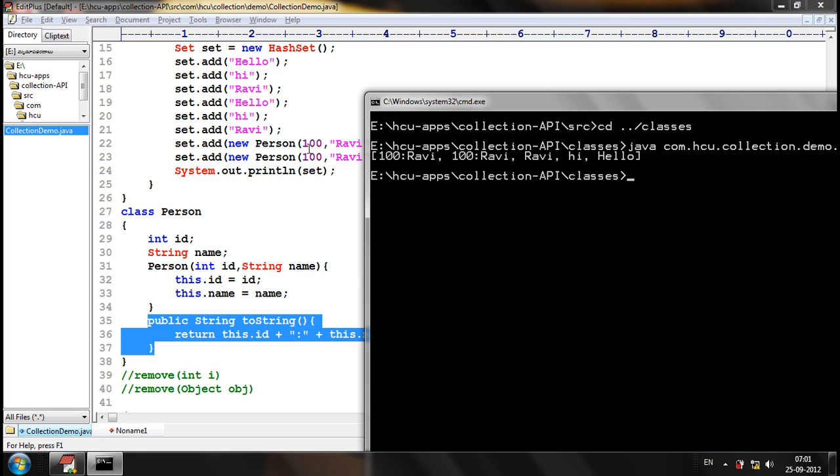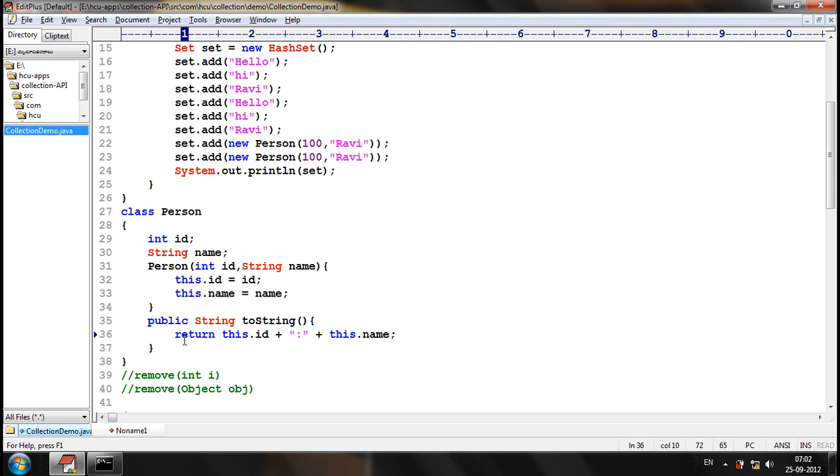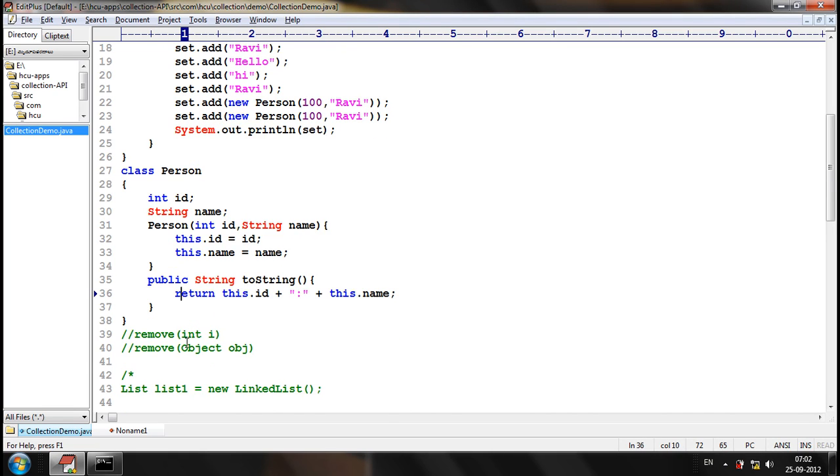But it's not the correct way. We should not evaluate duplicates based on the address. We should evaluate duplicates based on the content. So, if you want to evaluate something related to an object based on the content, then we should override equals and hashCode methods. It's a standard that we should override equals and hashCode methods for each and every model object. For each and every Java bean, we should override equals and hashCode. So, let me override